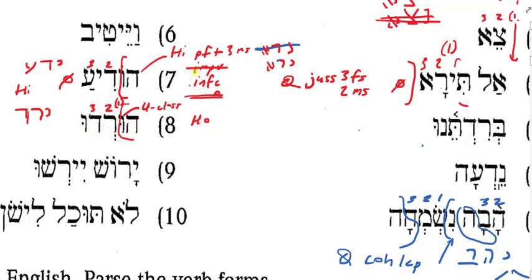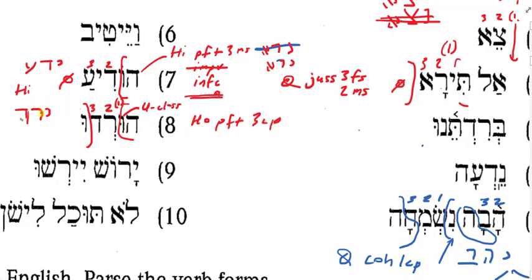Good. Now, hofal with the shurik at the end. In the hofal, the hey prefix shows up in all the same places that it would show up in the hifil because it's the counterpart. Perfect, imperative, infinitive, construct, absolute. The shurik on the back side tells me it can't be any infinitive, right? Is there an imperative for the hofal? No. So there's really only one possibility here. It's the hofal perfect. And if it's the perfect, the shurik is 3CP.